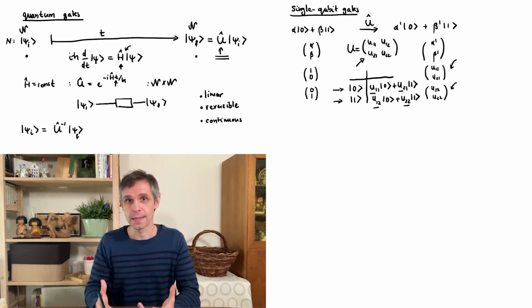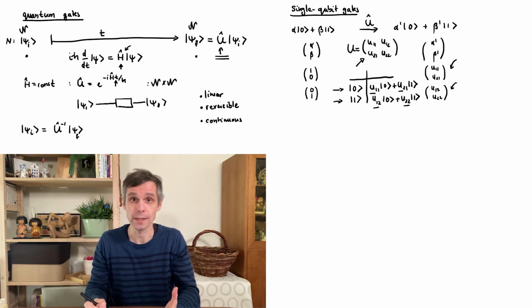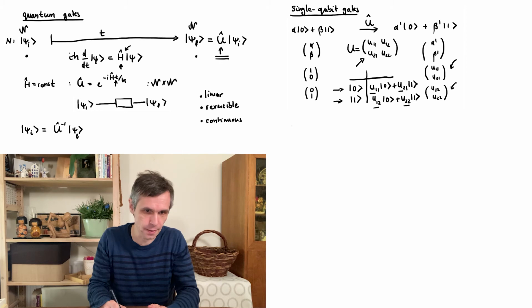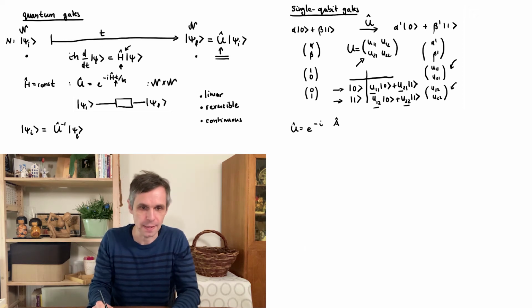For the single qubit case, we can write down a very general expression, and we can also look at some specific examples, and both is very instructive. I'm going to start with the general expression, and this is relying on the fact that any unitary operator U can be expressed as an exponential function involving a Hermitian operator A. For instance, for the case of time evolution by a Hamiltonian that does not depend on time, here we had simply the Hamiltonian times time divided by h bar,